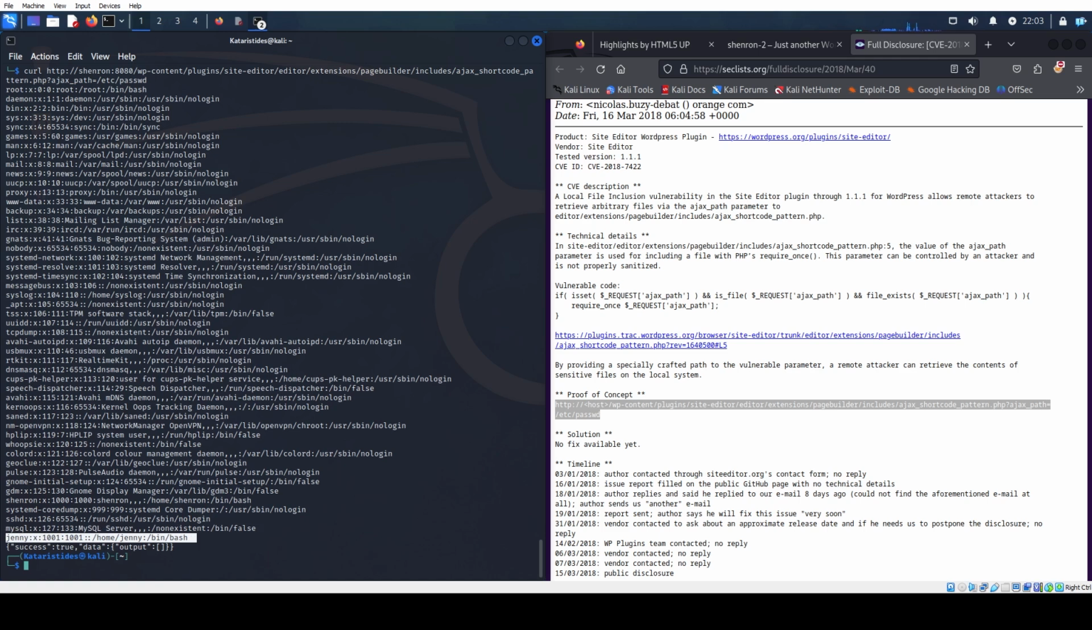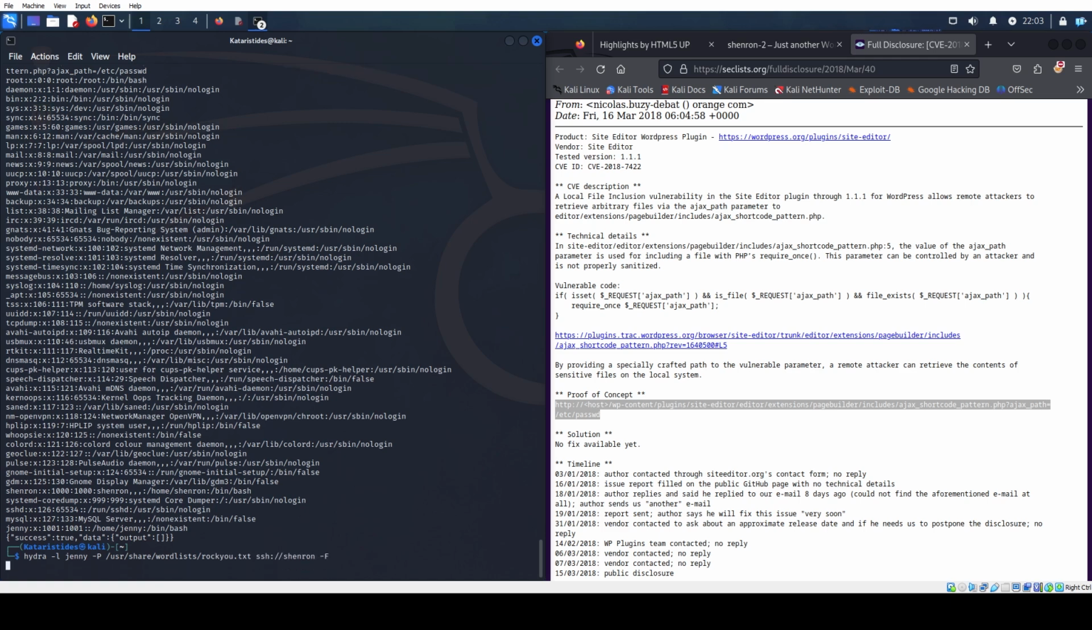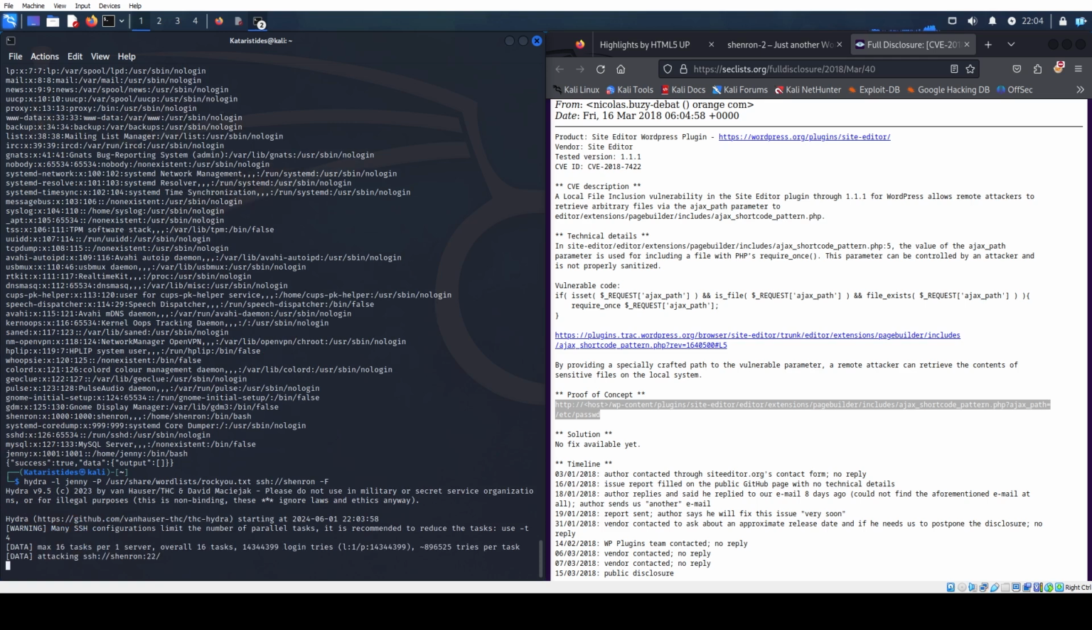Now that we have a viable username, we want a password to go with it. We are going to use Hydra to brute force crack the password for Jenny. To do so, we are going to use the command hydra -l jenny -P /usr/share/wordlists/rockyou.txt ssh://shenron -f. What this does is run the Hydra program with the specified username of Jenny, the password list rockyou.txt, and in SSH mode against Shenron, which, because we added it to our hosts file earlier, the system knows is located at